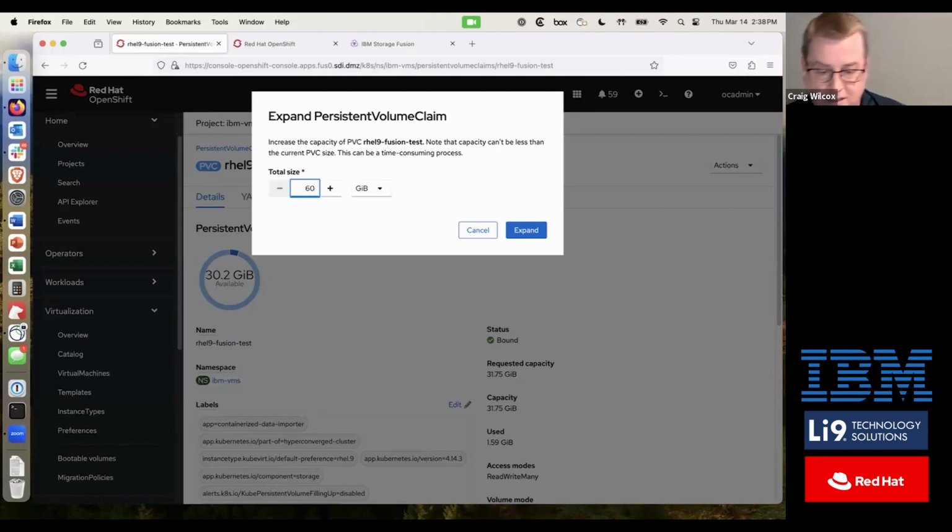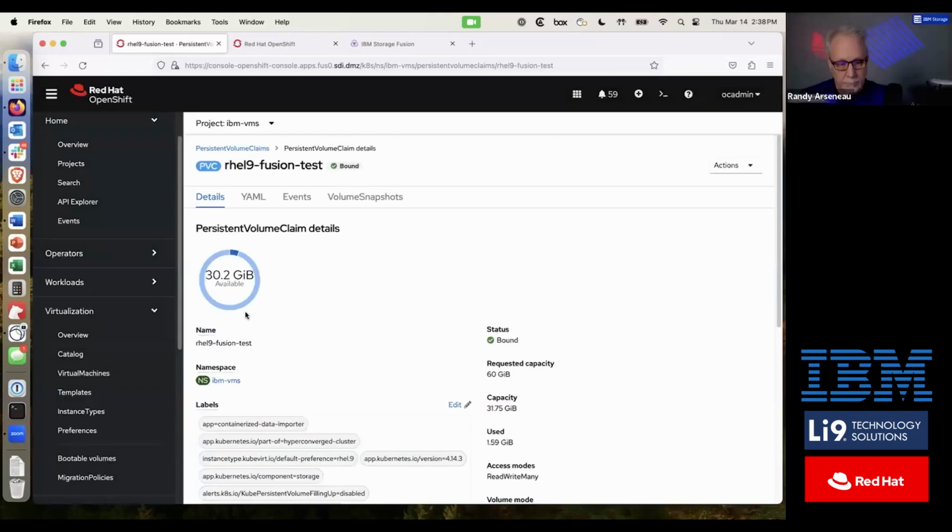I'll try that again. 60 gigabytes, roughly double the size. And if I do expand, it'll dynamically update here as I requested 60, but it's currently 30, and it'll auto grow that. So then